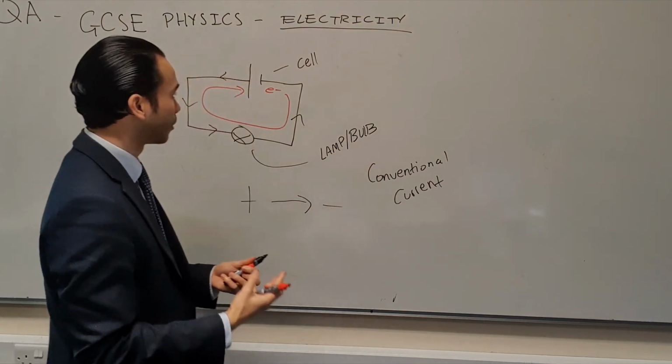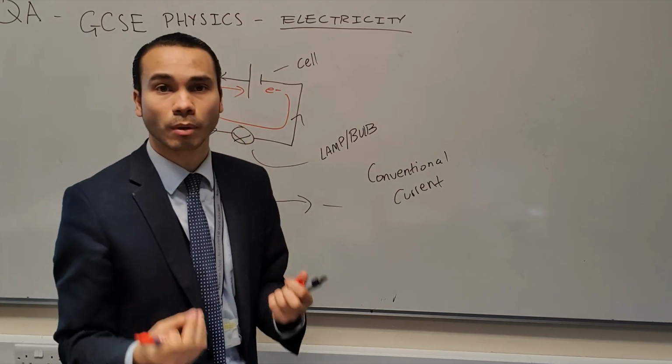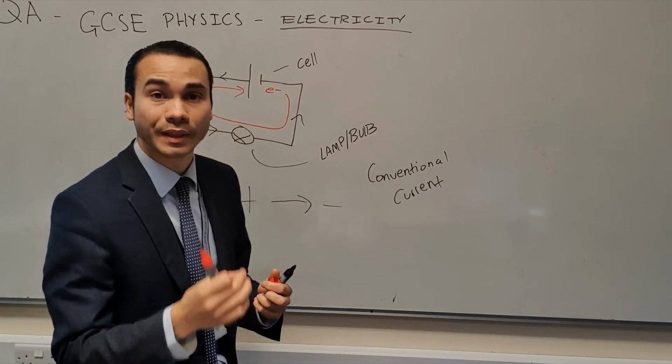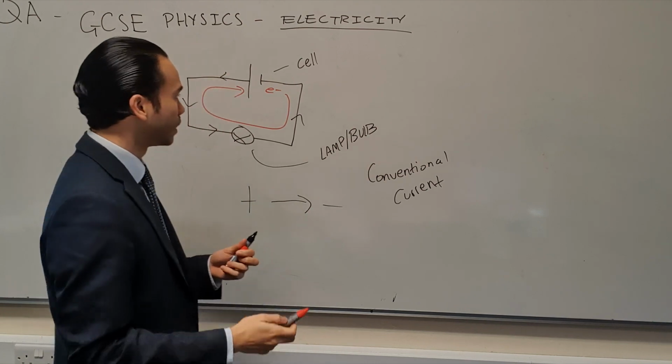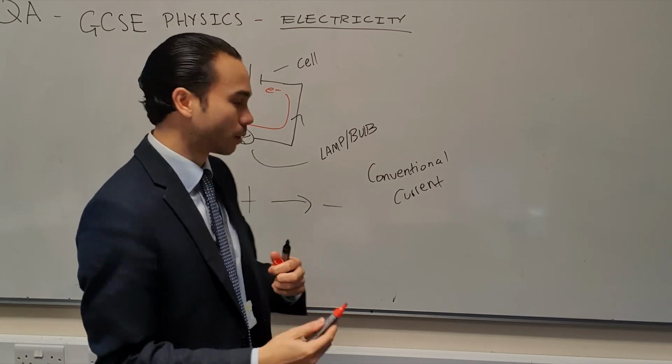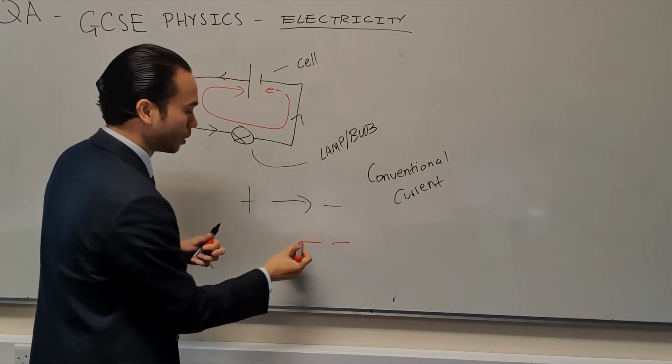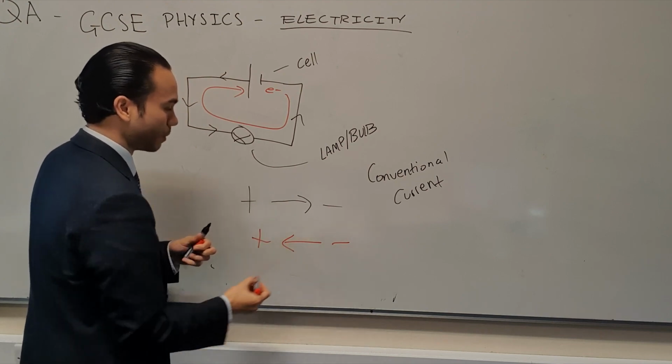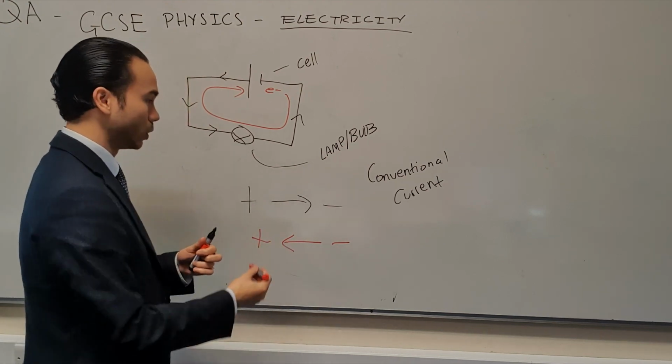Now for your exam, you'll have to know the difference between conventional current and the direction of electron flow. So just remember they're opposites of one another. Electrons go this direction from the negative end of the cell or battery towards the positive end